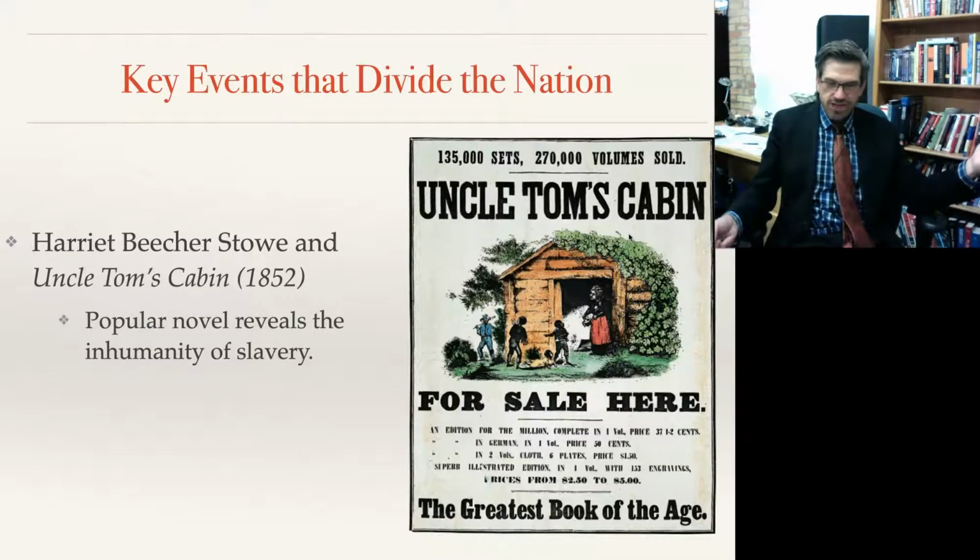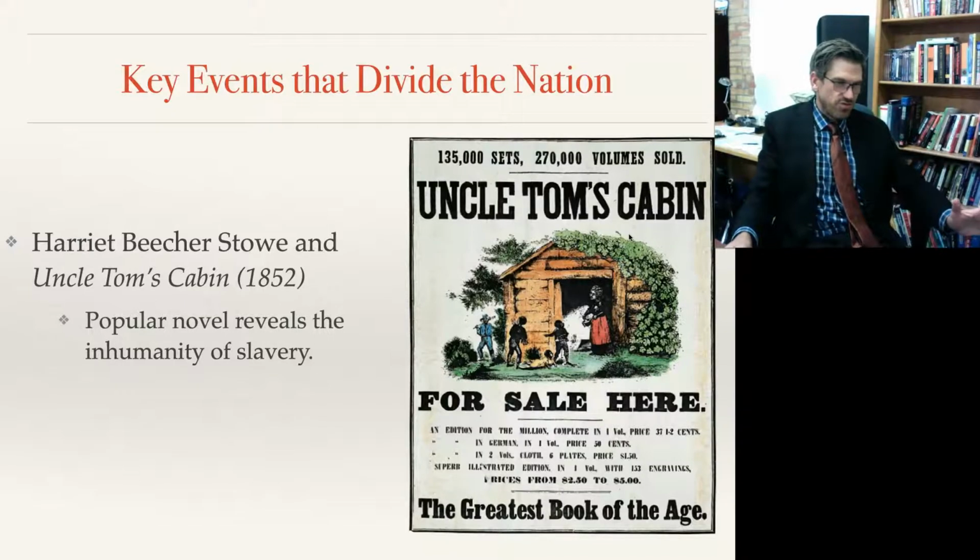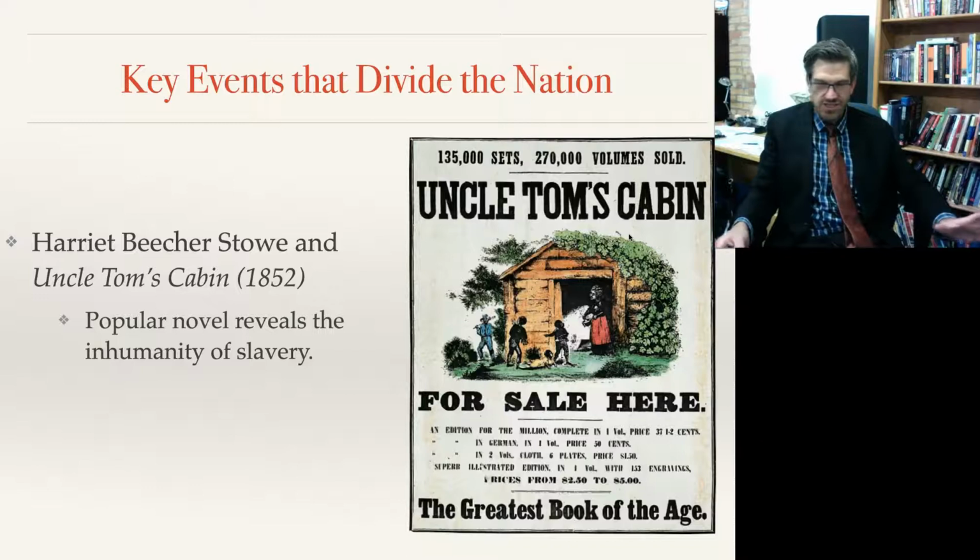Most people, especially those living in the North, would know intellectually that slavery's wrong, it's bad, without really picturing it. And a novel is going to be something that really hits you right here, rather than just in your mind, intellectually. And so in her story, she talks about